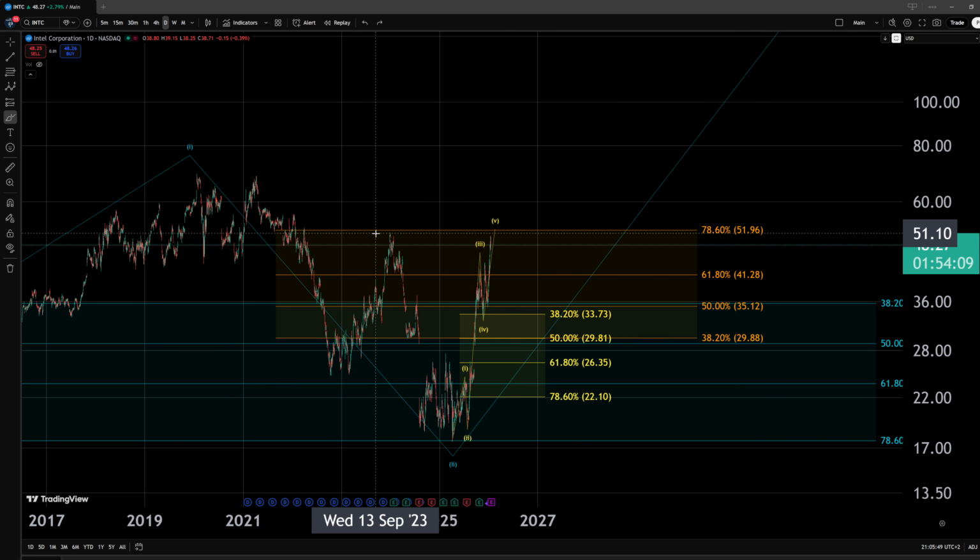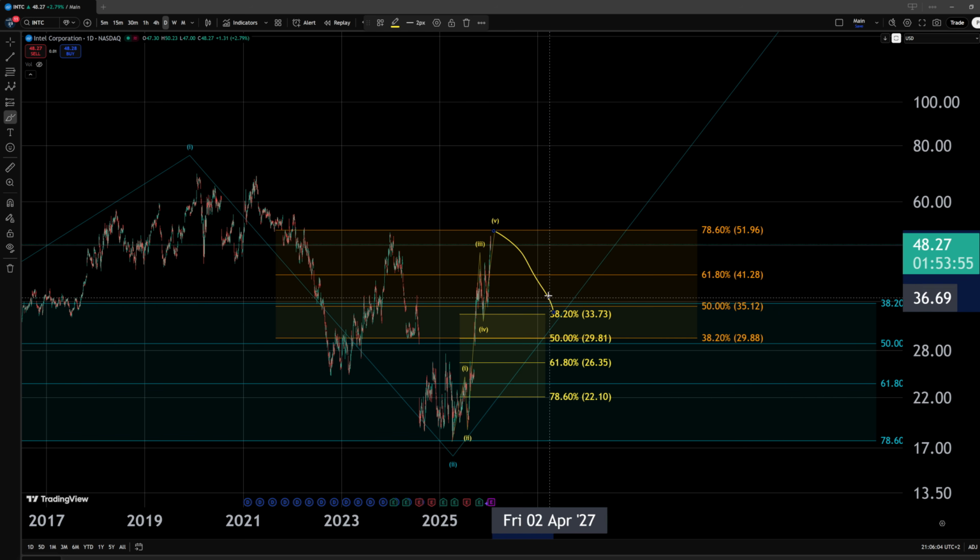We have here also structural resistance to watch out for. Yeah, we formed here this significant top previously. We have gotten almost there. Yeah, we could get a little bit above it, but then we would easily be able to expect a larger retracement, and that could very easily be the larger wave 2 correction.